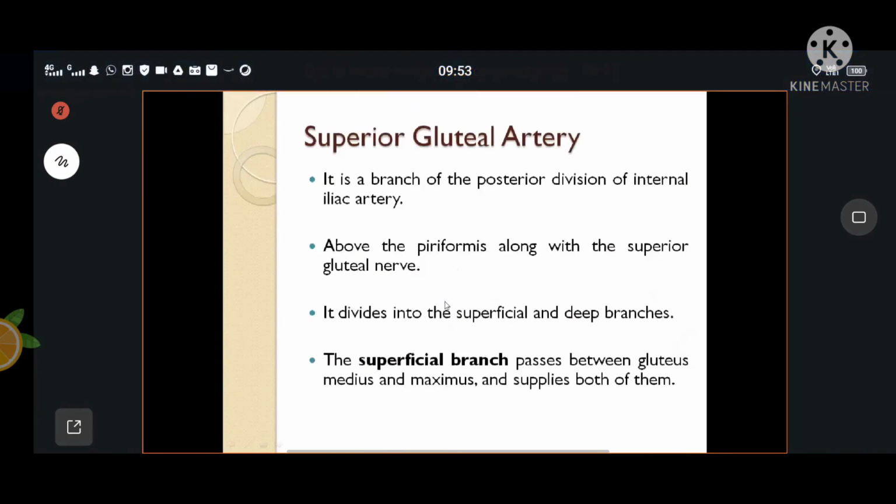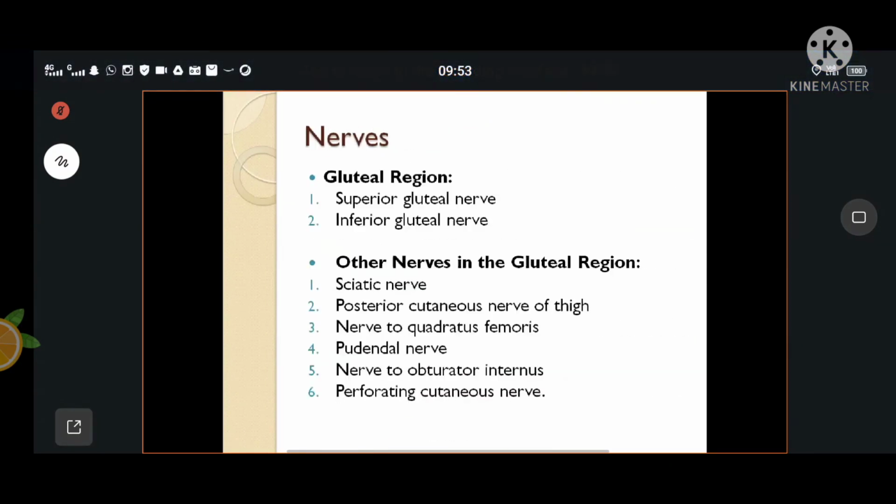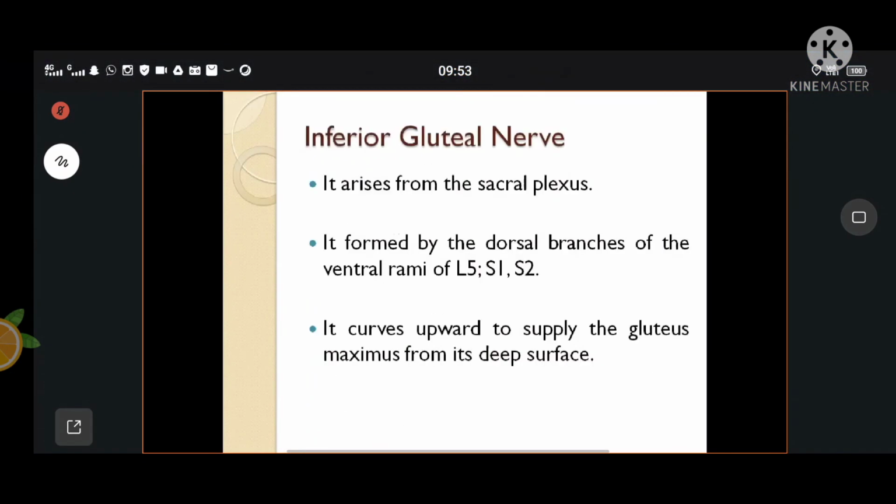So this is all about the structures under the gluteus medius muscle. There are many questions which have come from today's class, and I repeat them. Gluteus maximus has come as an essay question once, and a short notes question once. Gluteus medius and minimus muscle, I just told you its importance. Then the greater trochanter has come as a 2 marks or 3 marks question. The structures under the cover of gluteus maximus have come as an essay question. And the iliotibial tract, which we discussed, has come as a 5 marks question. All these questions have come from today's class.